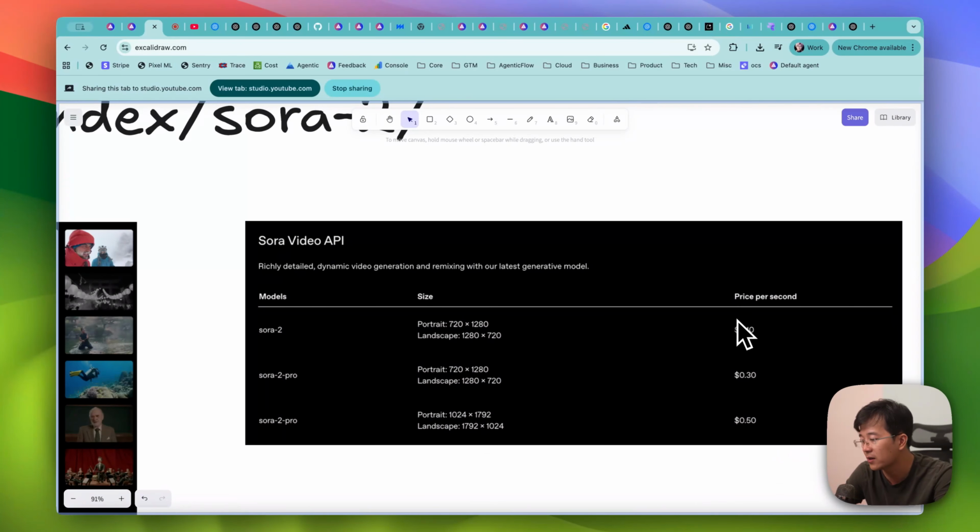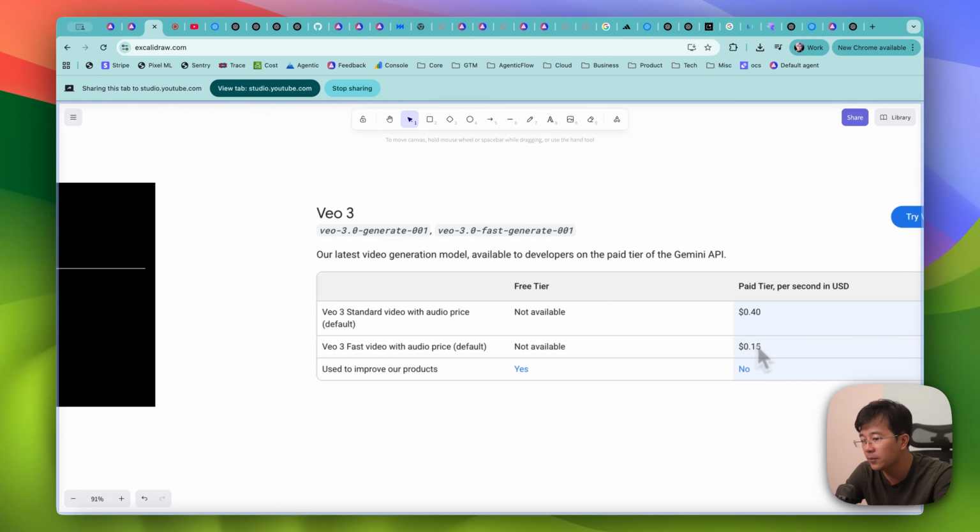So that is freaking expensive, right, to run this video model. If I put in the comparison with Veo 3, so for Veo 3 Fast, it was like 0.15 per second of video, and for Veo 3 normal, it's going to be 0.4.